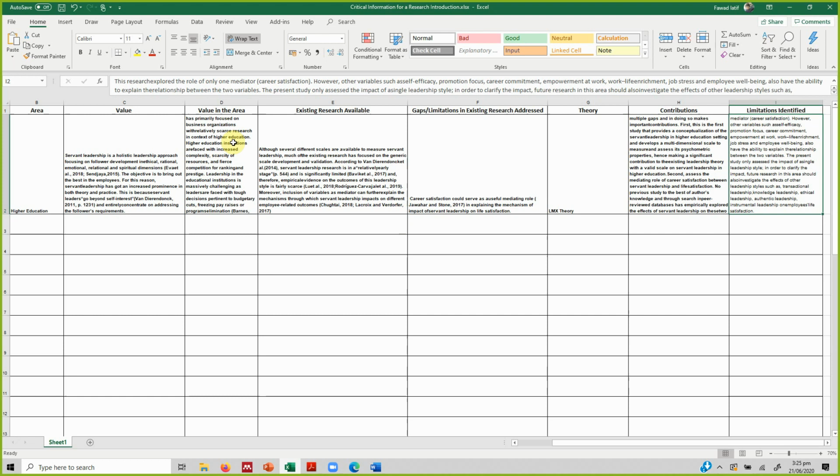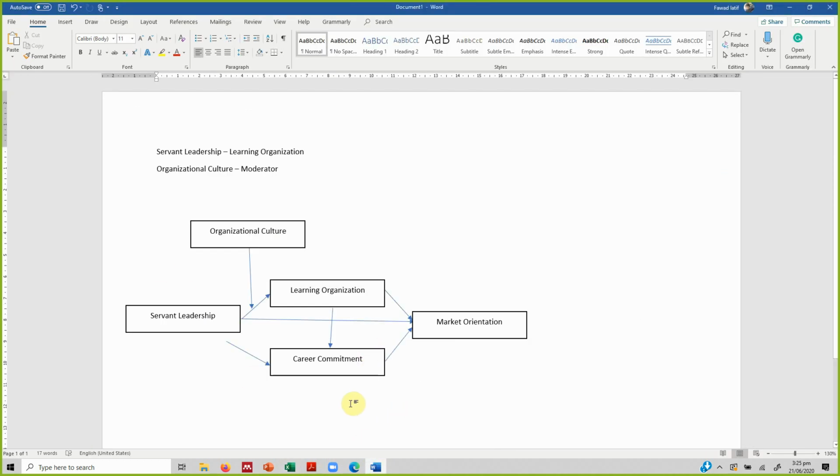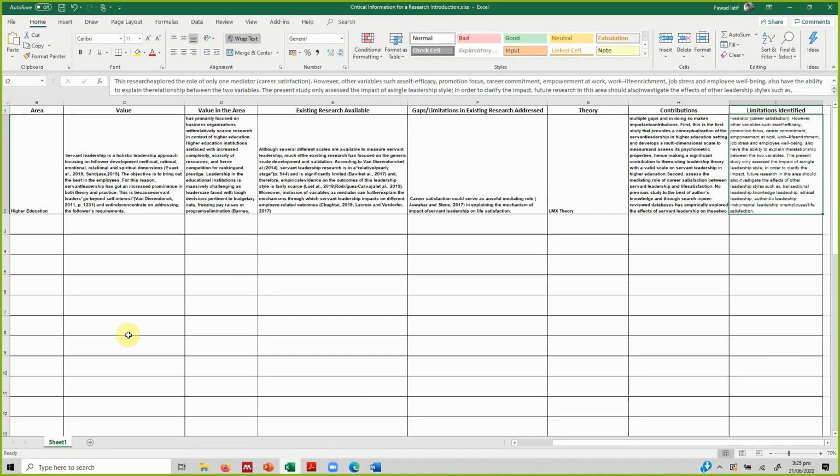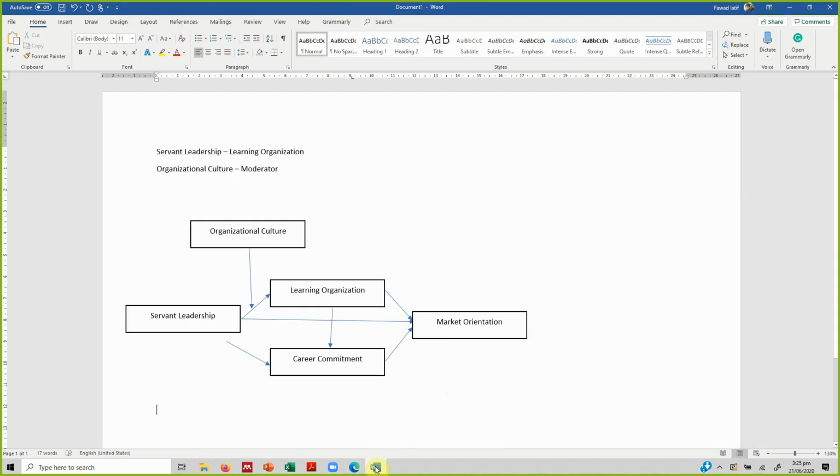So this is particularly important. You can start, for example, once you have filled in the Excel sheet and you find that, okay, I've been reading through this Excel sheet, and I know what the value should be. So let's say I start writing: servant leadership